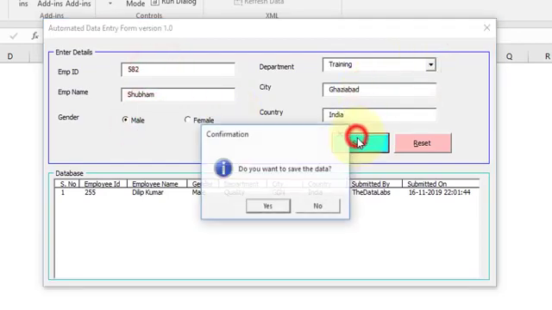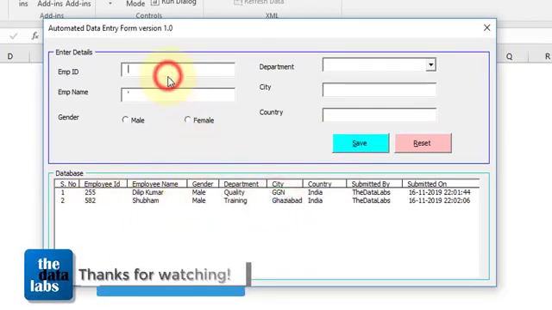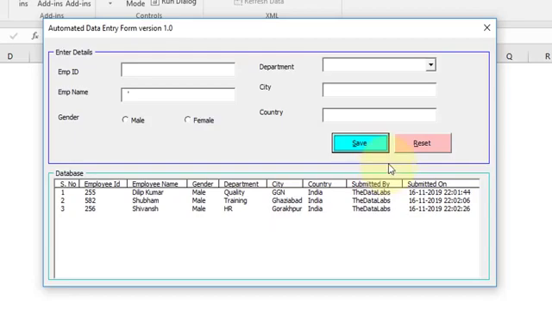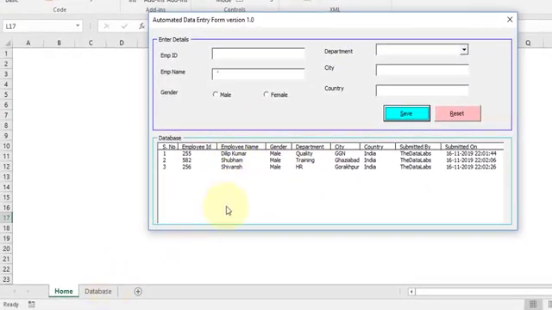Let's click on save. Yes, now it's working. Let's click on save. Now you can see that it's working properly, and whatever data is available in the database has already started reflecting here, and the serial numbers 1, 2, 3 are showing correctly.